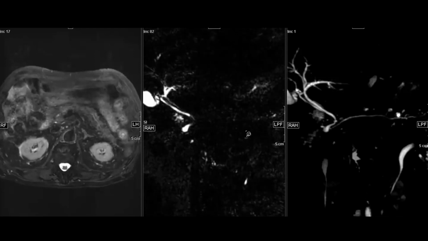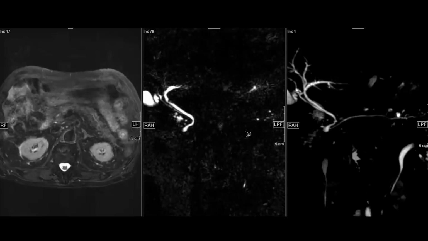Type 3 choledochal cyst is very rare. The most common type is type 1, which we often see, but this was a very interesting case. This was the first time that I saw a type 3 choledochal cyst, and I thought that I will share with you guys. So that was the case.